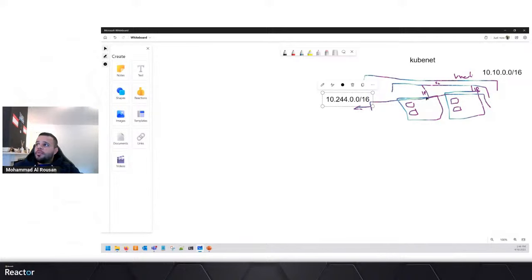There is no overlap, totally isolated from the subnet.